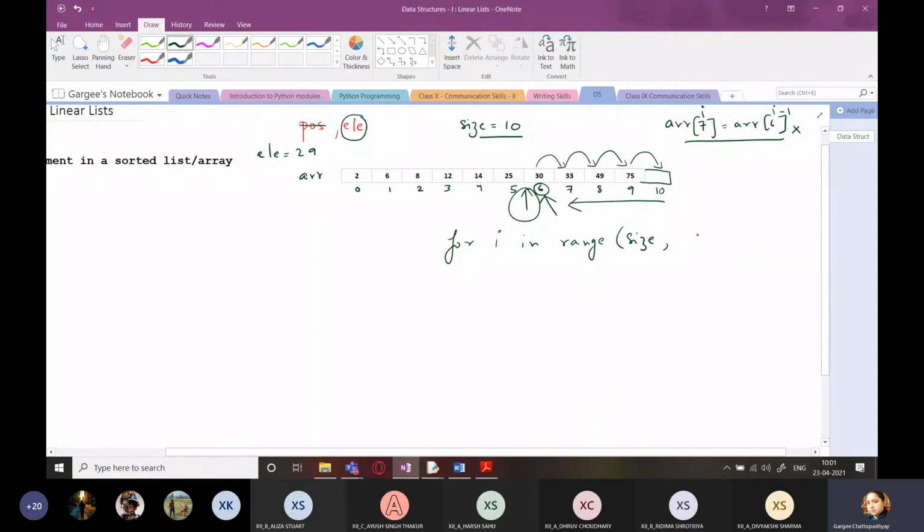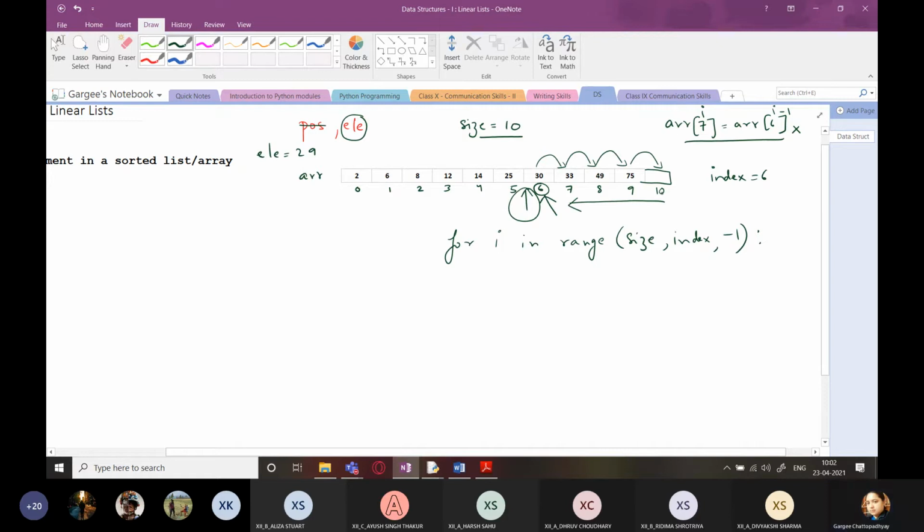Can anyone tell me what value? Index, I have already saved the index 6. Index is 6. I've already saved it. So I'm going to take it as index only, because the last index is the one which is going to be excluded. Okay. So it will be 7 and I've taken minus 1, which shows that it is going to move in the reverse direction, right?